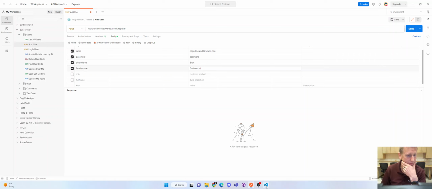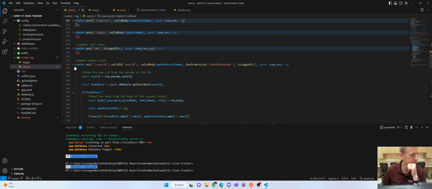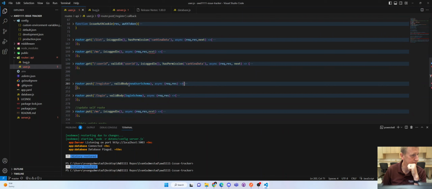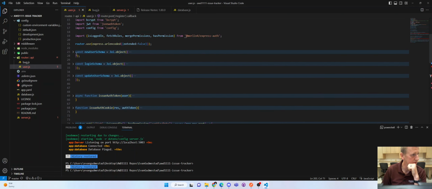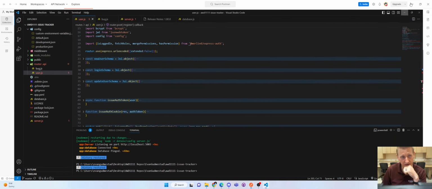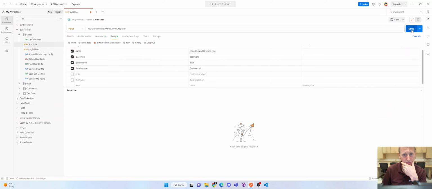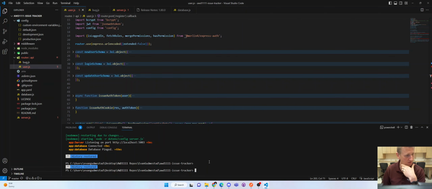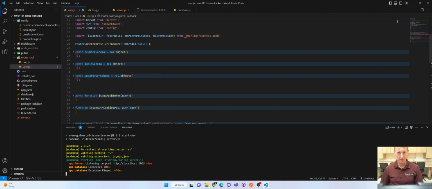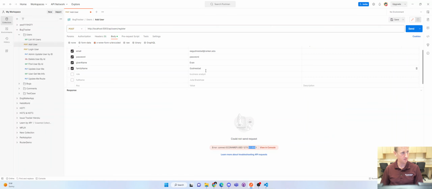Now I'm going to look at my route and make sure there's nothing else required here. So if I pull over my code and I go to my register user, I have a new user schema: email, password, given, family. So that's what is required. Let me boot it up, and this says port 5003. So let's go ahead and get that up and running so that now that our backend is running, we can